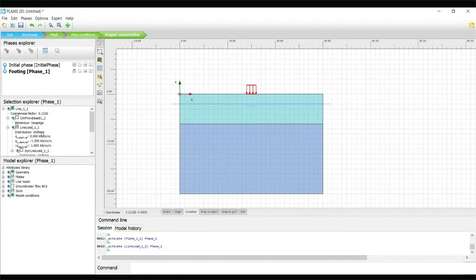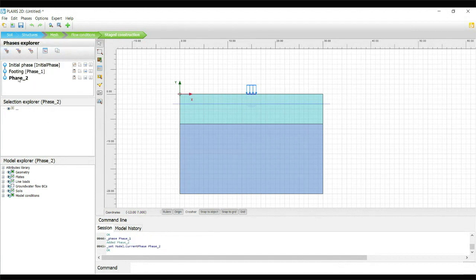See, in the distribution it is uniformly loaded. X direction no load, Y direction we are going to apply 100 kilonewton per meter, because it is out of plane 1 meter. So we are considering per square meter. So 100 kilonewton we applied. So add another phase. Same with the change of water condition.